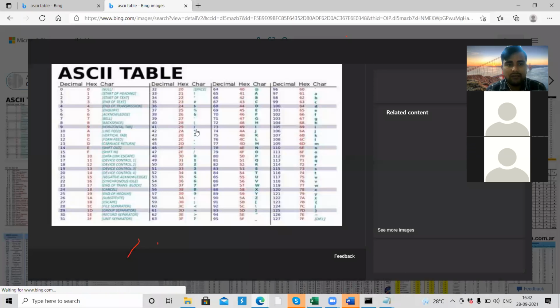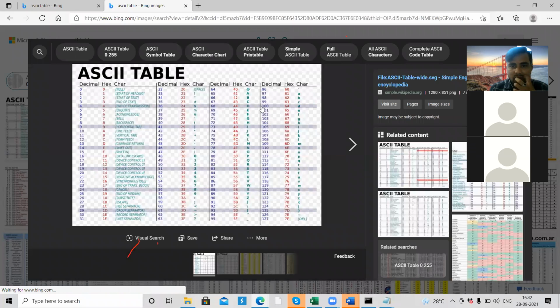If you check, for small f the ASCII value is 102. So this value is getting added to 10 and we get the output 112.